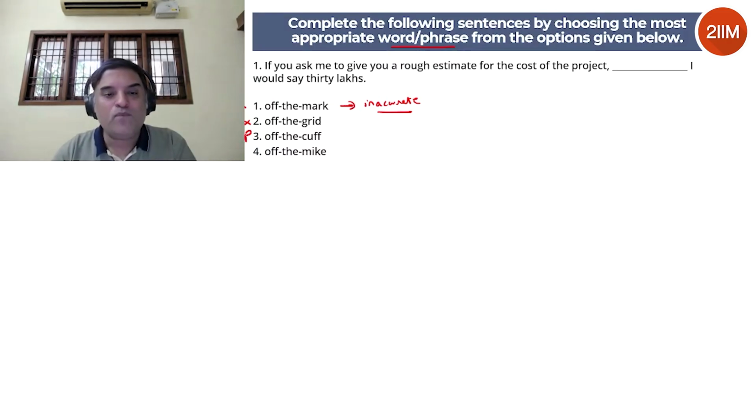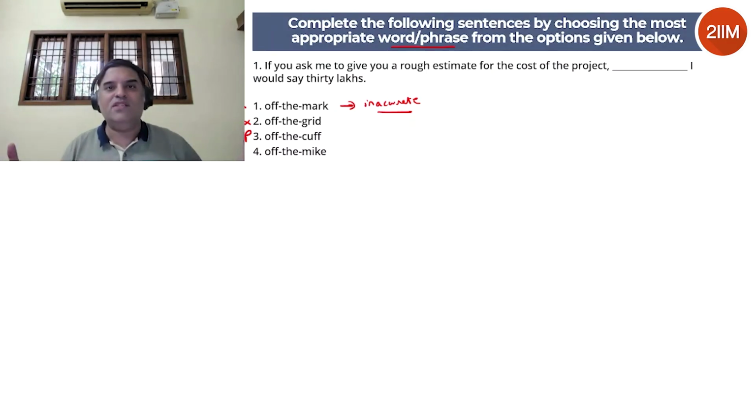So let's park it. Off the mic. Off the mic simply means very literally off the mic. If you're talking on the mic, you're speaking on the mic. But if you say something off the mic, you cover it or you remove the mic and you say something off the record, that is off the mic. So it has a very literal meaning. Removing it, so not saying something in the mic. Let's say it's a private conversation.